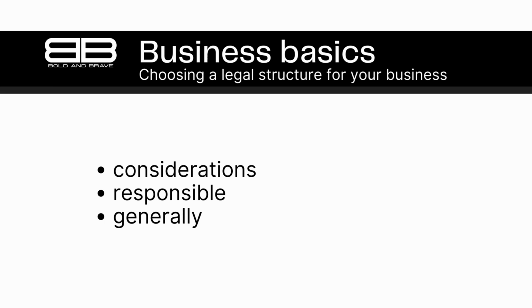A sole proprietorship and partnership offer no liability protection. This means that the business owner is personally responsible for all debts and liabilities of the business. This can be a risky choice, as it puts the owner's personal assets at risk if the business is sued or incurs debt. On the other